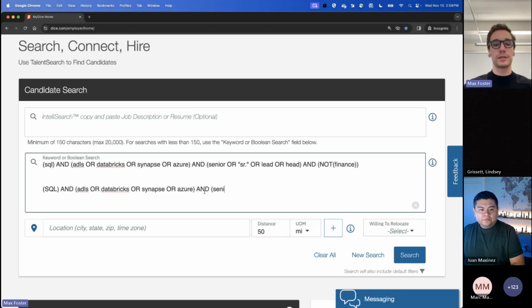So with that, I'm just going to type in senior, or, because what if somebody typed in SR period? Because there's a period, I'm going to put that in quotes. And then I'm going to do OR lead. If you were lead data analyst, that sounds pretty good to me. Or if you were head data analyst for a team, that sounds good to me. Now, Christine just asked a question: do quotes look at the letters that are caps or lowercase?